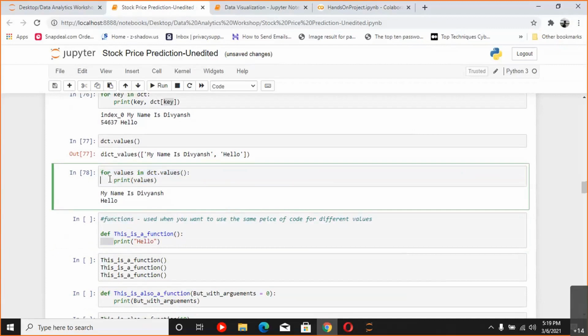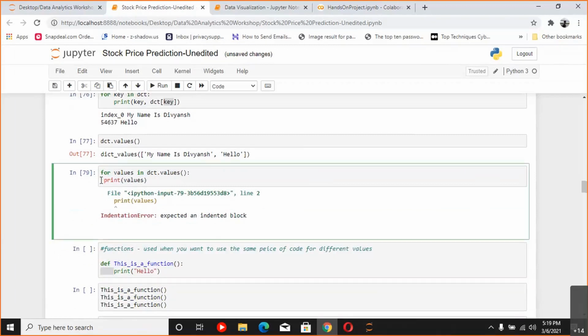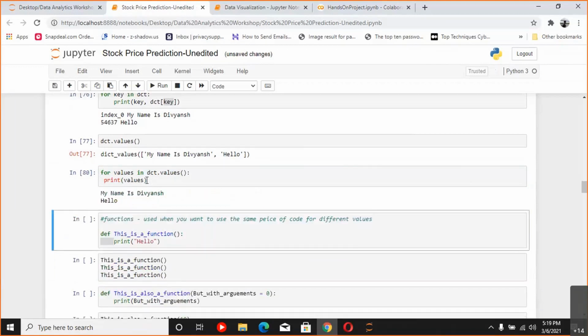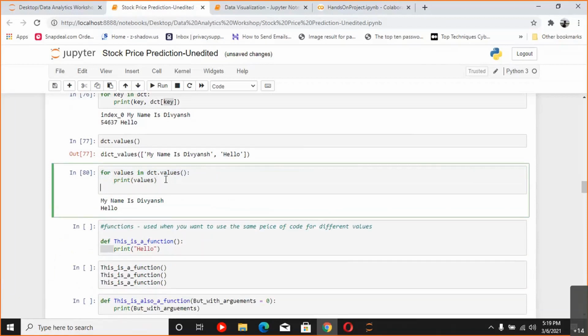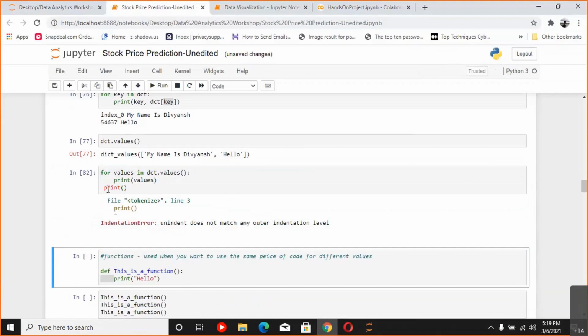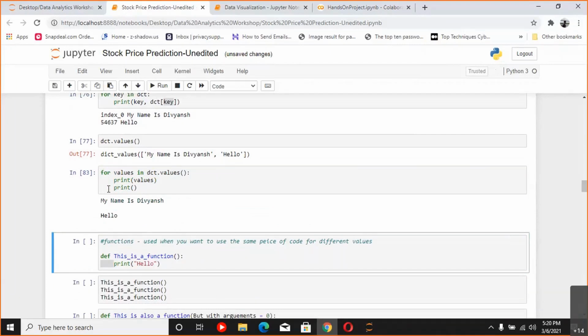So let me just show you what happens if I remove this. It says expected an indented block. What this means is that if I give even one space, then it will know that this part comes inside this part. This part is basically a child of the part above. That is why indentation is important. And if you give uneven indentation, like one statement is indented this much and another statement this much, then it will raise an IndentationError. That means the blocks are not equally indented, and you need to adjust your indentation accordingly. So indentation is a very important part.